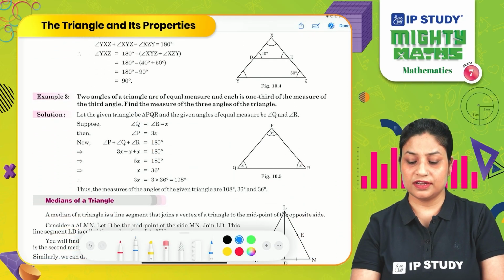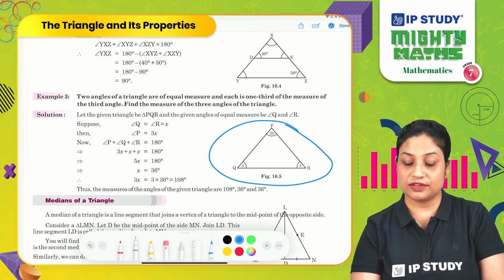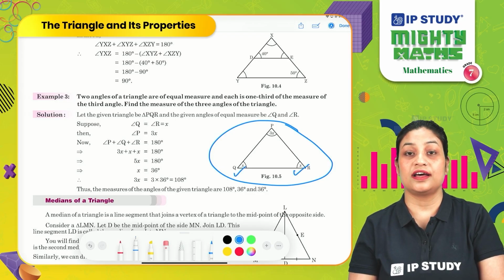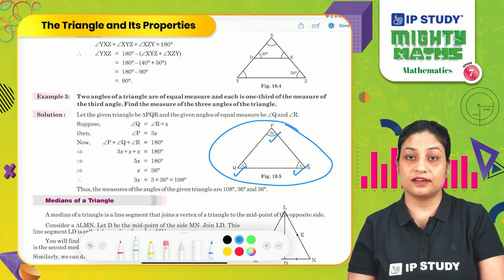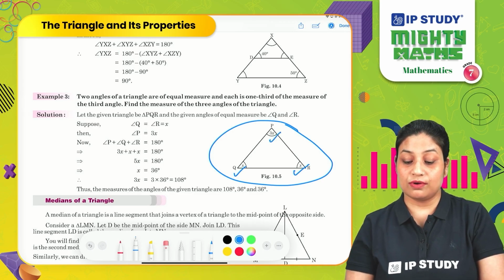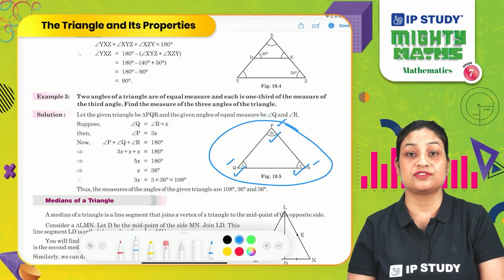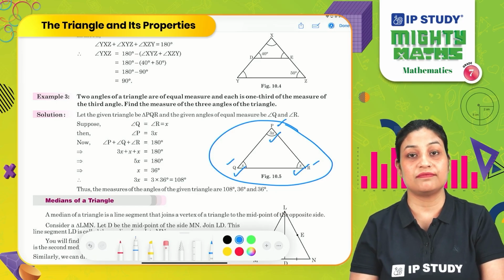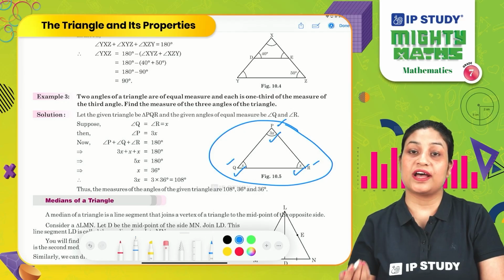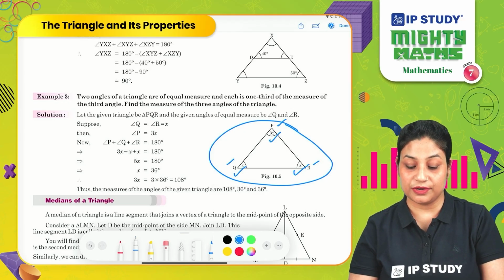So here, in this triangle PQR, it is given angle Q and angle R are x degrees and angle P is 3x degrees, right? According to the question, what we have to do is find out the values of these three angles, angle P, angle Q and angle R. Again, the exact value is not given to me, but what is given to me? The ratio or simply the values. So we have to apply the angle sum property of a triangle over here and solve this.